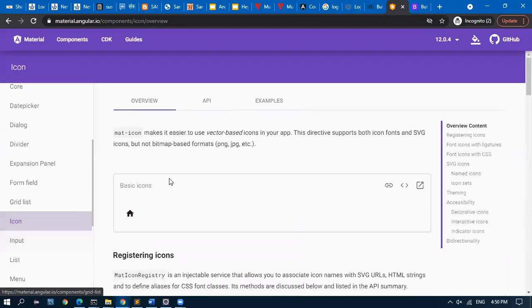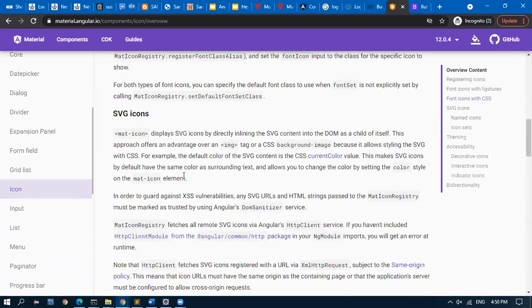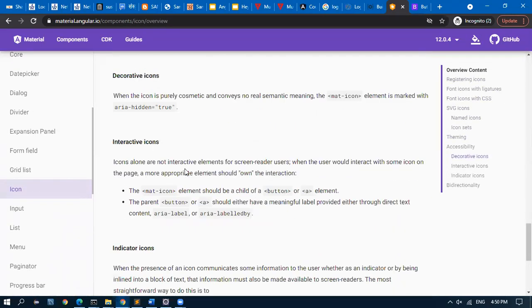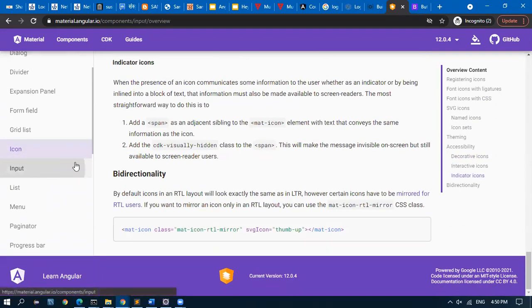I'm just trying to make that input box look and feel a bit neat.